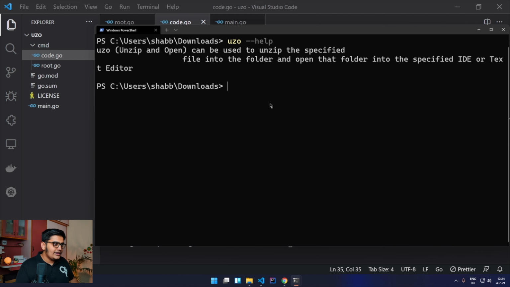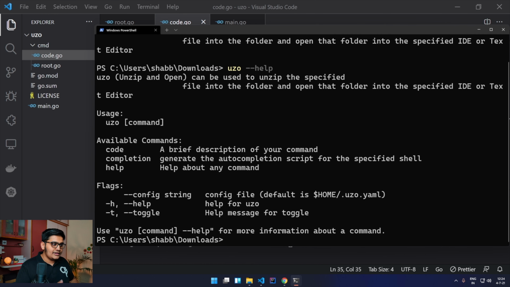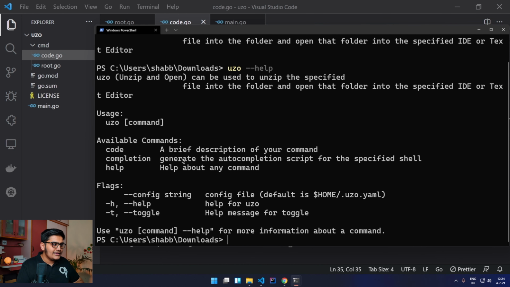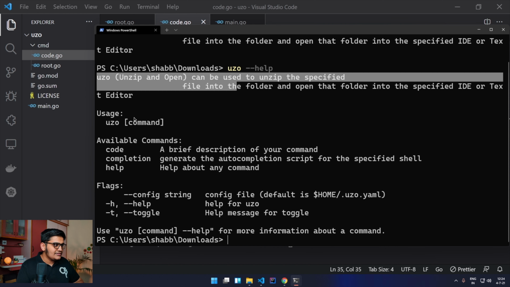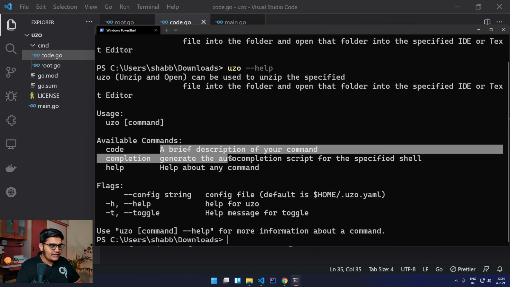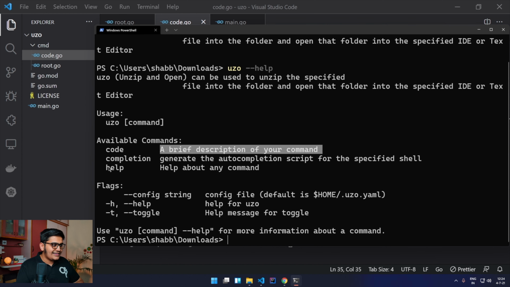Now let's go ahead, and if I use useado help, here you can see that everything is changed now, right? Earlier we were getting only this particular information, there were no sub commands. Now I added the sub command, so I'm getting that information also. This is the main command information, and the usage is useado and the command. I just added this particular command code over here. This is the description, and these are the two default commands available. If you want, we can remove that as well, and these are the default flags available.